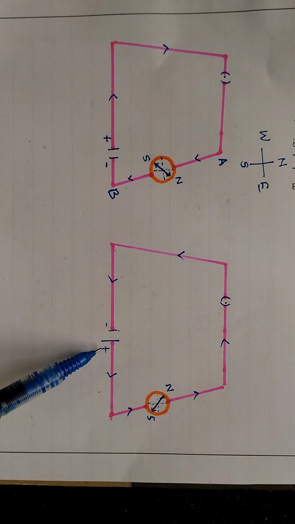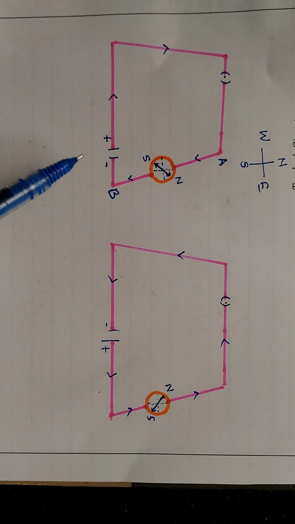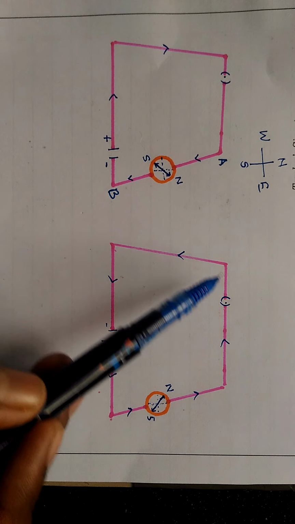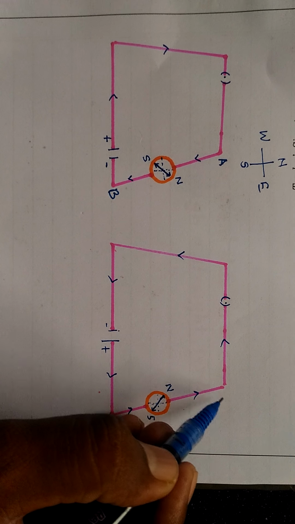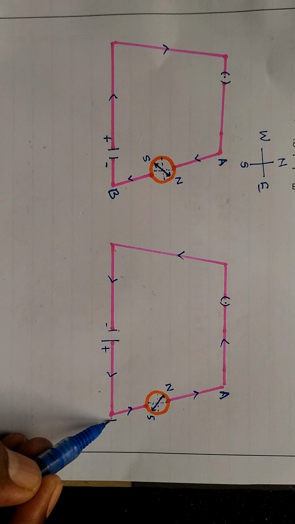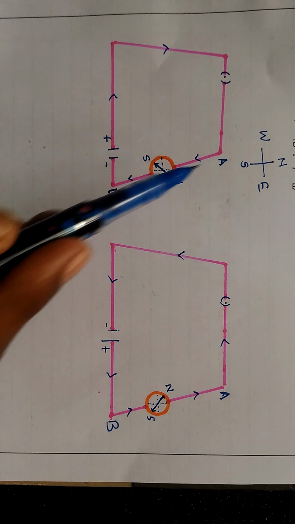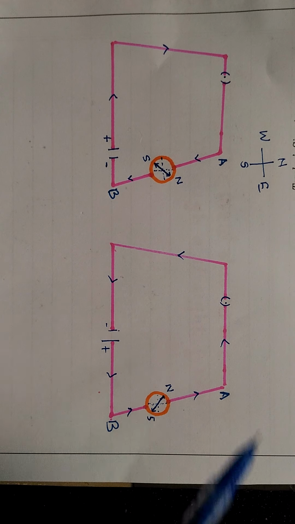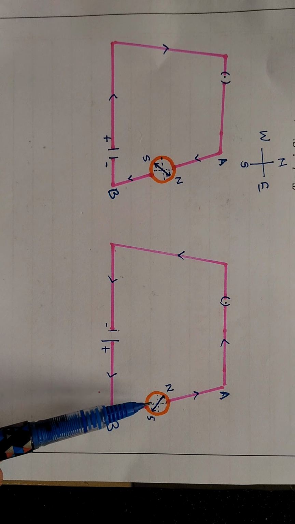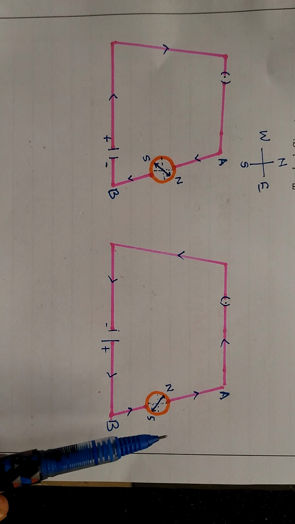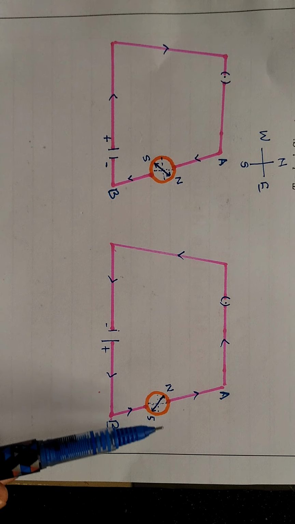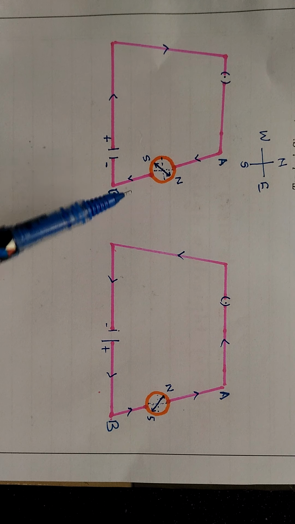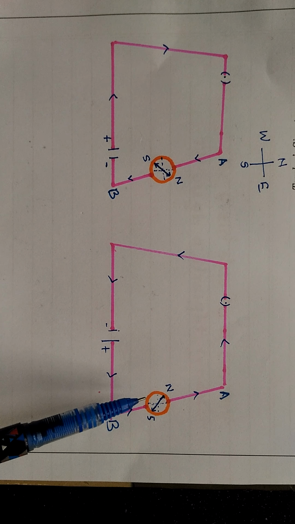Now here is the positive end. Similarly, as before, the current will flow from the positive end like this. Means in this case, instead of current flowing from A to B, the flow of current is from B to A. Now you can observe the deflection in the needle. Instead of deflection to the east side, our needle gets deflected to the west side. Means the needle deflection has been changed.